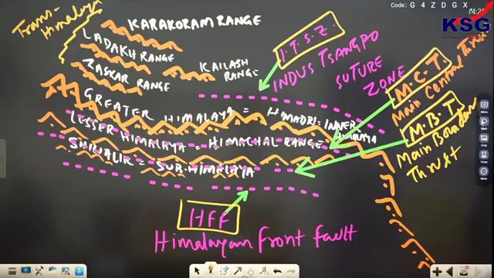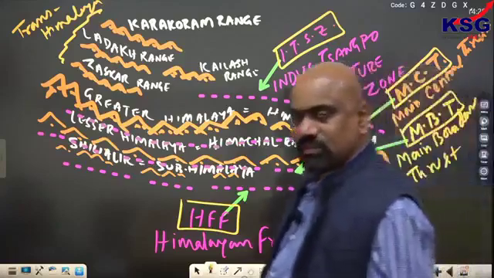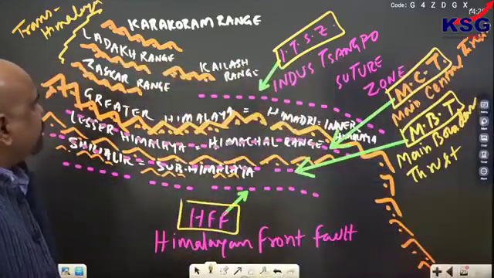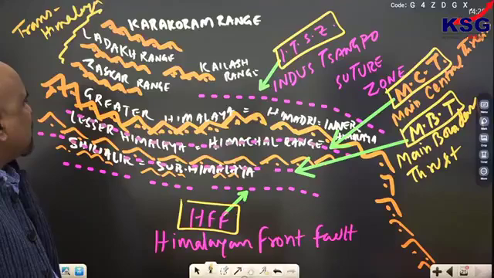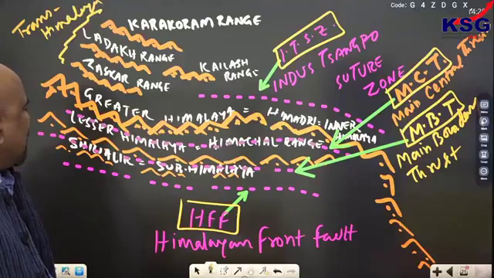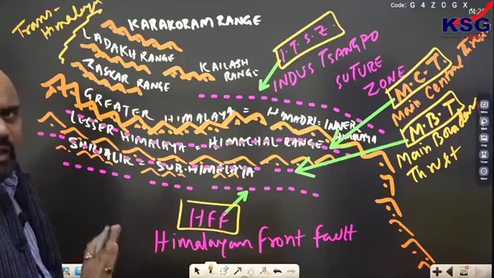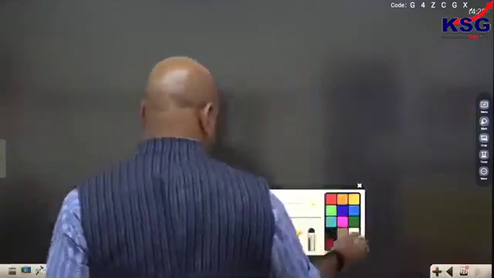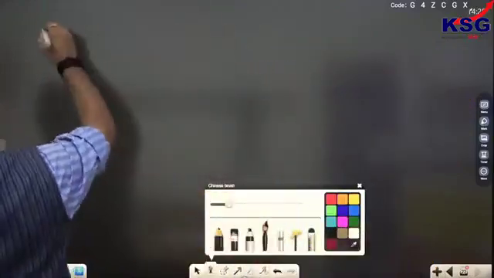I hope it is clear to you. Done. मैं आगे देखता हूँ आगे क्या है, बताते हैं अभी। काराकोरम, लद्दाख, जस्कार, ग्रेटर हिमालय, लेसर हिमालय, शिवालिक रेंज, ये सब है। I hope you got it. अभी हम चलते हैं पहले, first let us see which one, the